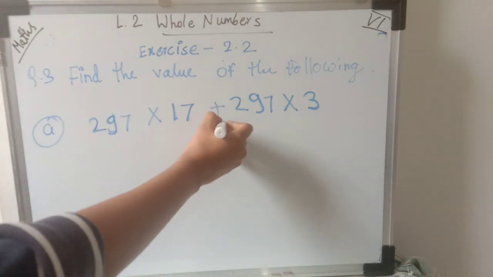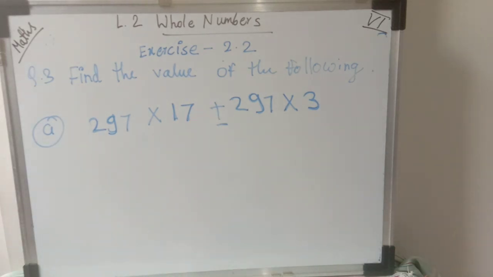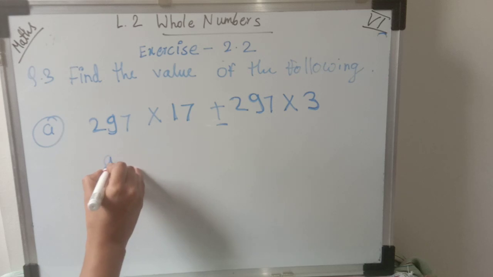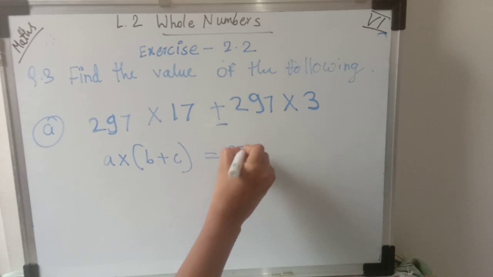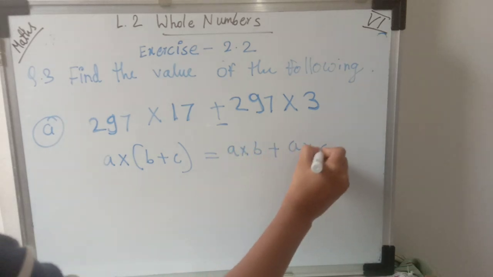Students, plus sign is there, okay, when we are doing the multiplication. Now remember which property we have learned where we are doing the addition, when we are doing the multiplication we are multiplying the whole number with the sum. Okay, which property is that? Yes, that is distributive property. So here we have to remember that property. What was the equation of that property? That property equation was, like here I will write, A multiply B plus C is equal to A multiply B plus A multiply by C.